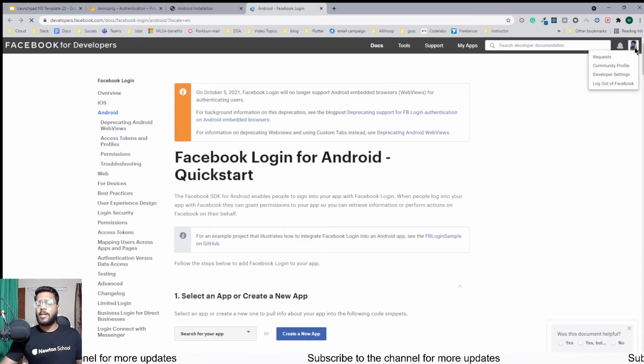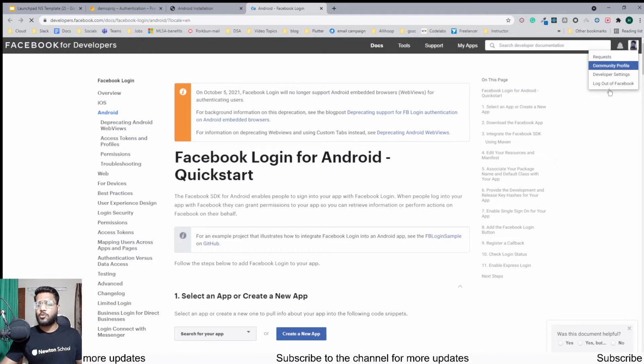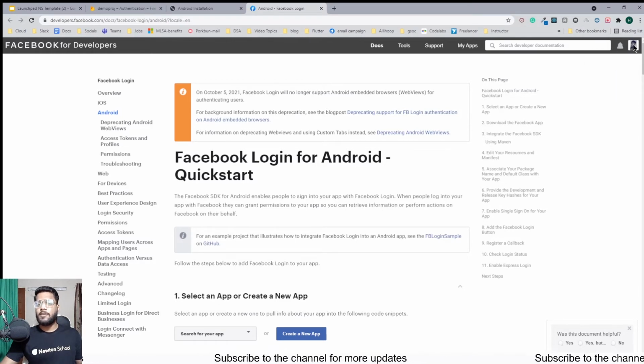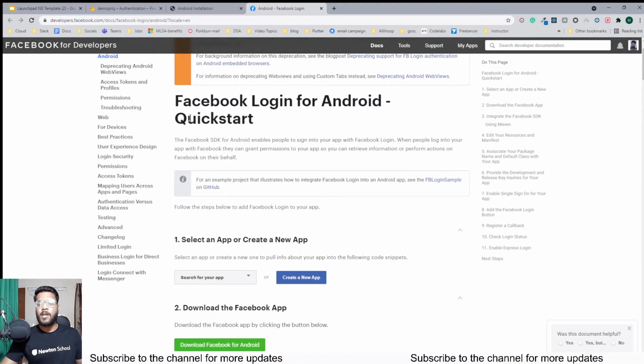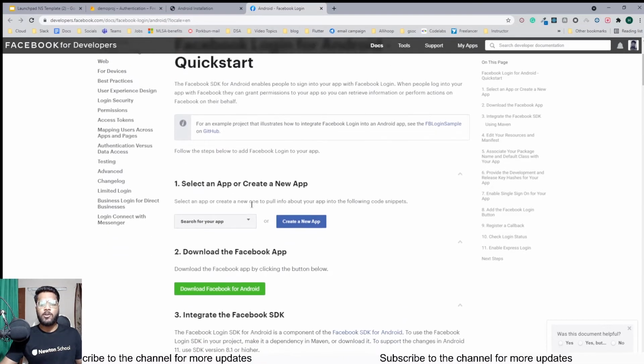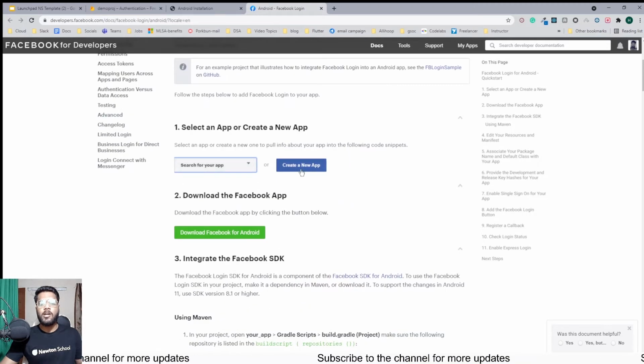So you can see over here, for me it is already logged in and it is showing me various different available options. For you, if it is not logged in, it will be providing you with an option for login, and once you click on it, you need to directly sign in from your Facebook account. If you don't have one, you need to create one, and later on you will be transferred to this particular page where you can select a project which you have already worked on, or you can create a